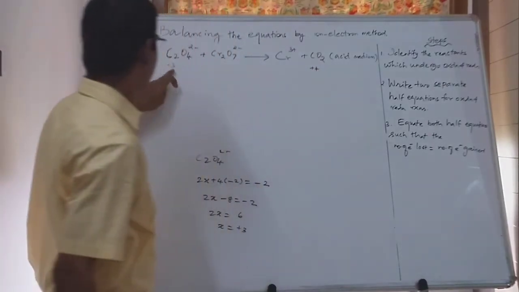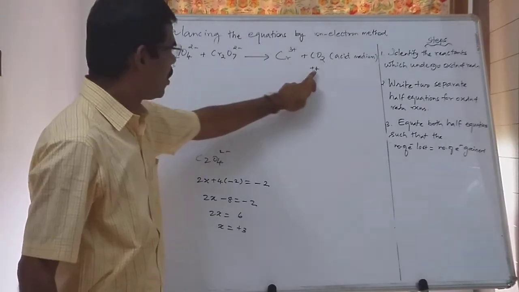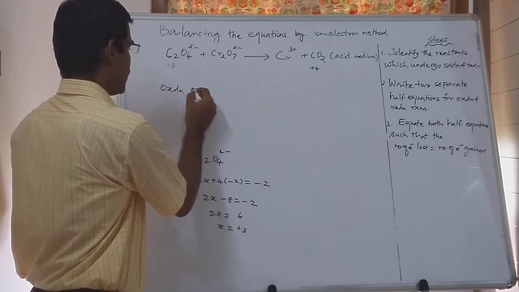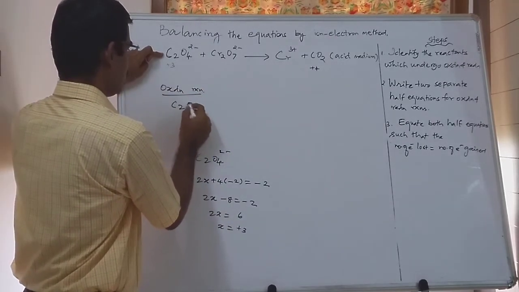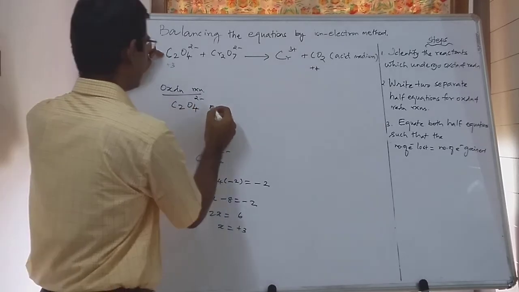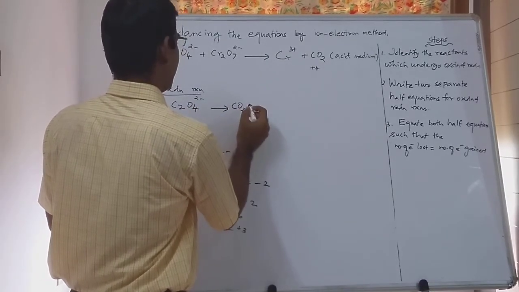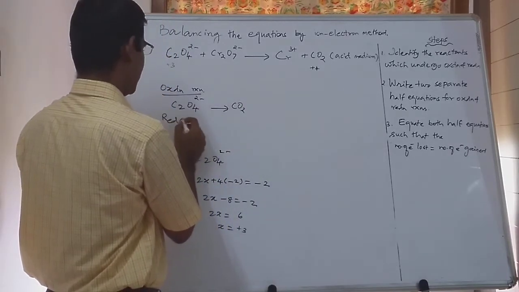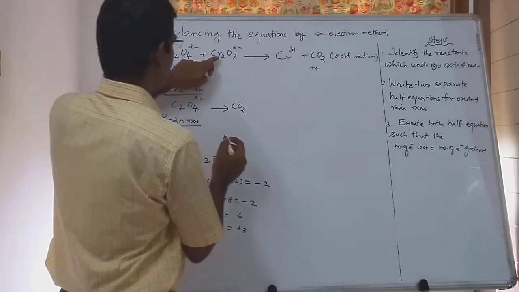Now you can see there is an increase in oxidation number. Therefore this has undergone oxidation. Okay? So what can we write for the oxidation reaction? While writing the half equation, C2O4 2- will give you CO2, let me put that. Next, if you look at the reduction reaction, in the reduction reaction, if you observe chromium,